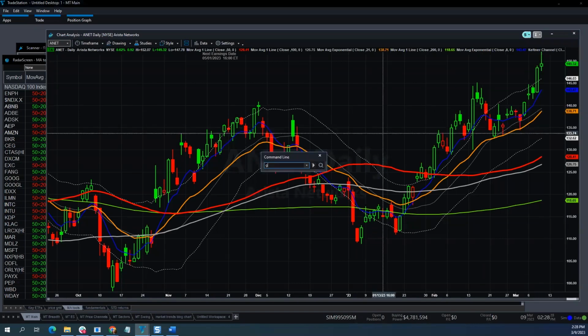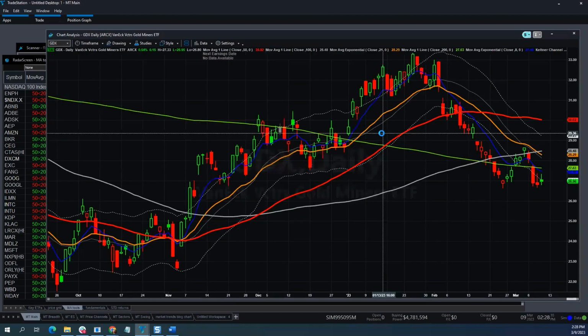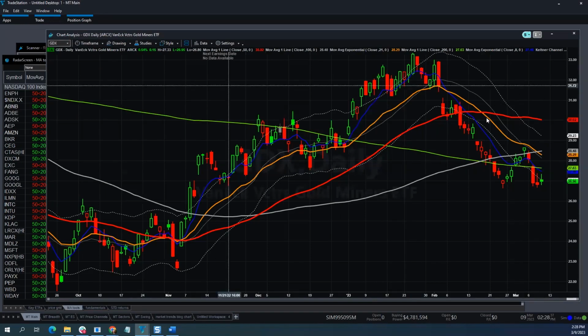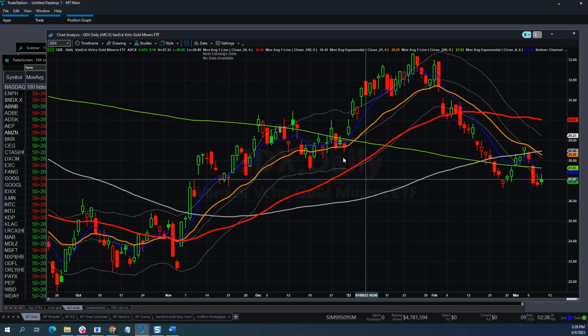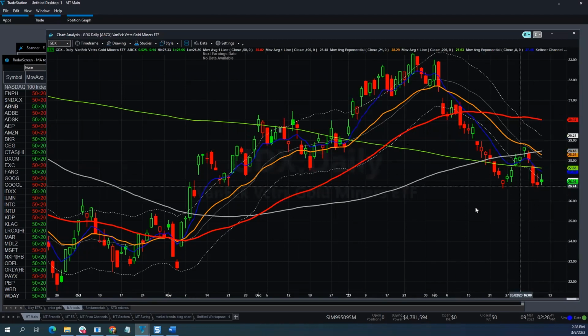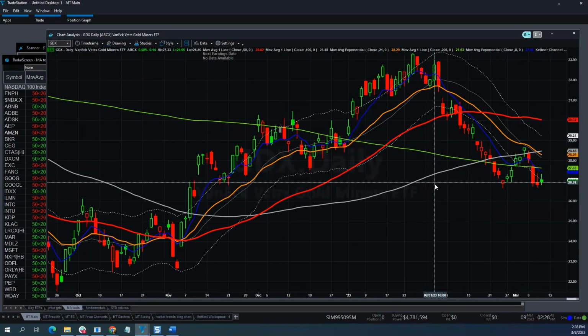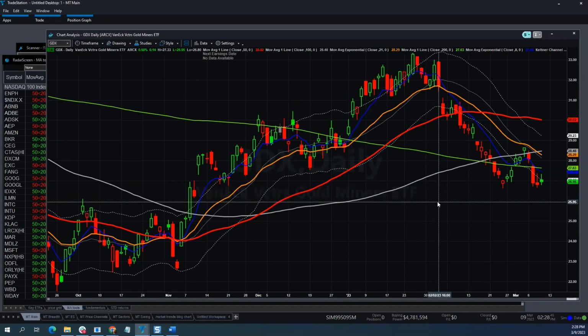Like right now, gold miners, for example, are kind of trying to hold their ground, but that doesn't mean that they're going to be a strong area. This chart is much more problematic when you consider it's under the 200-day here. Gold miners are trying to stabilize a little here. My view of gold is relatively negative here, because